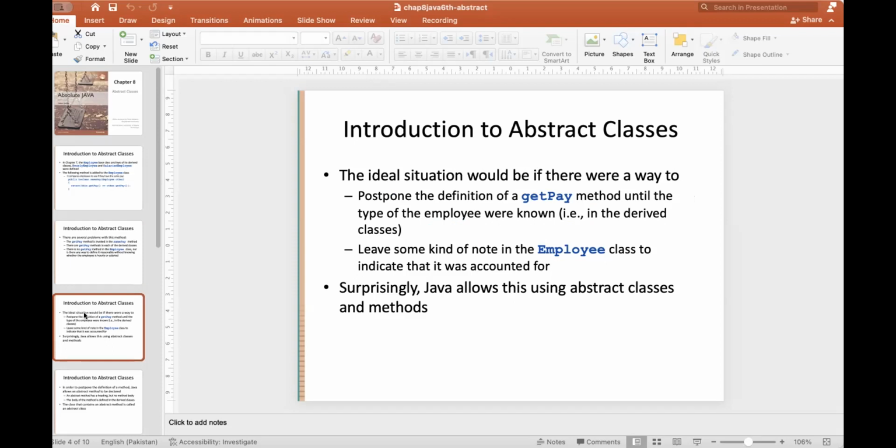So you should have a method like the getPay method, and leave some kind of note in the employee class to indicate what purpose it was accounted for. Java allows this type of abstraction. This is one of the very beautiful things. Remember that Java does not allow you to have abstract variables, but Java allows you to have abstract